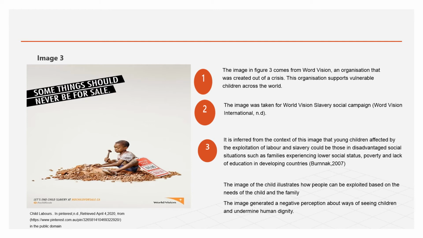So now I would like to move to image number 3. The third image comes from World Vision, an organization that works to help children out of crisis. This organization supports vulnerable children across the world. It is inferred from the context of this image that children affected by the exploitation of labor and slavery could